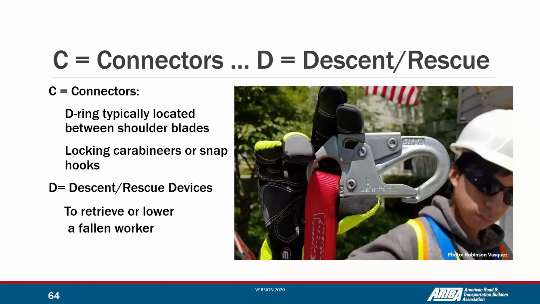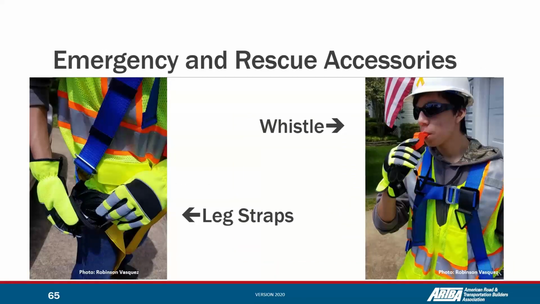Shock absorbers and other devices can help us when we are falling to prevent additional damage to our bodies. Important additions also include providing, for example, a radio or at least a whistle to our workers. If a coworker has an incident, they can use this communication method to alert everybody that we have an emergency, or they can use them by themselves to announce that they are suffering an incident, so they can call attention for immediate rescue.